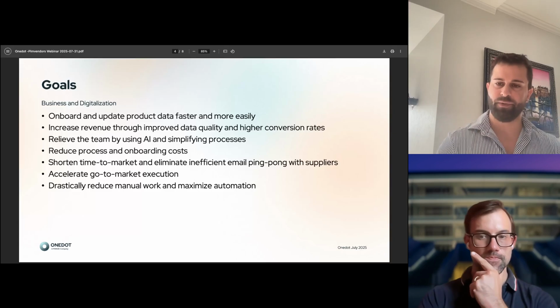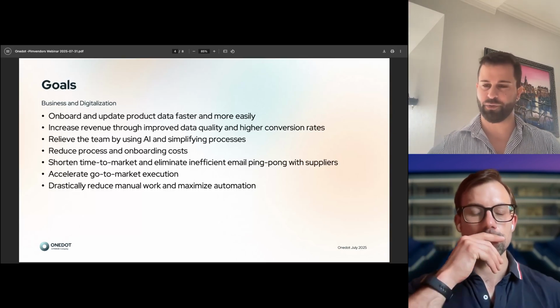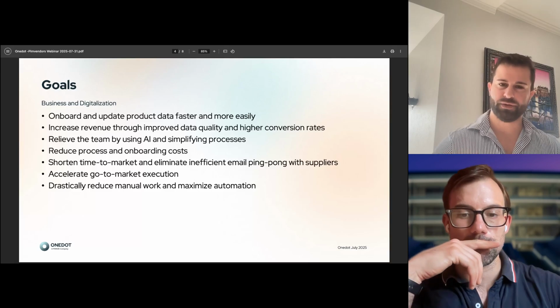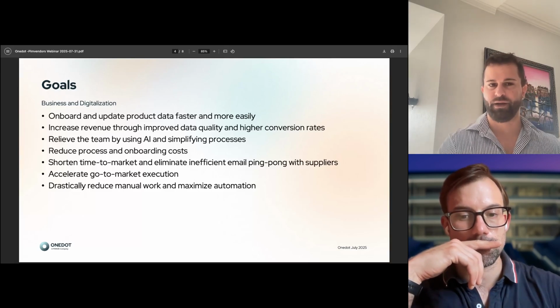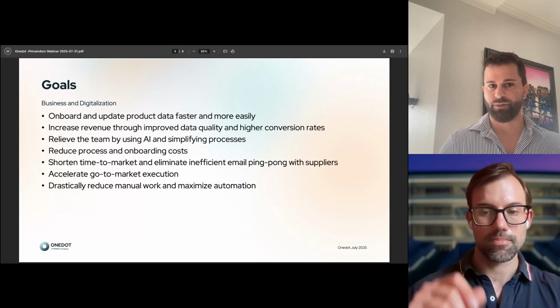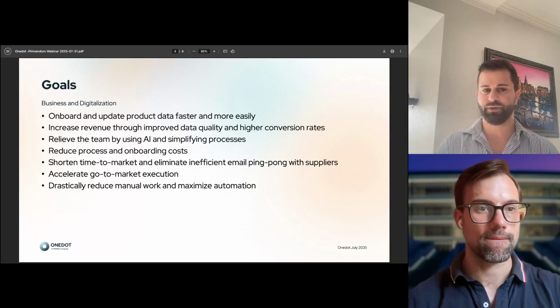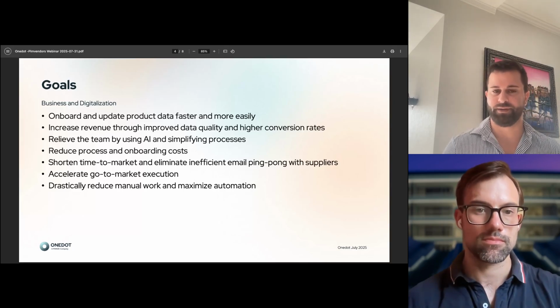So a system that really helps to get better product information from different kinds of sources, helps the team reduce the onboarding cost and the process cost, and increases the data quality tremendously. Reduce process and onboarding cost, shorten time to market, and eliminate inefficient email ping pong with suppliers. Accelerate go-to-market execution and drastically reduce manual work for the team.